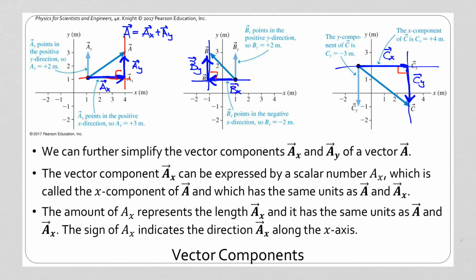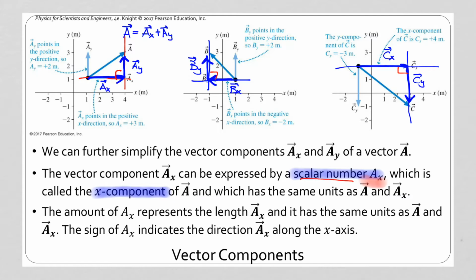The other side of this, too, is that if these vectors are in the x and y direction, then we know what direction they're in because we pick them so that they are horizontal and vertical. So we don't really need the full vector quantity because the direction is implied by the fact that it's in the x or the y direction. So what we typically look at instead is not the vector components, but rather the x and y components of the vector. For example, ax here with no arrow on top is a scalar, it's a number,